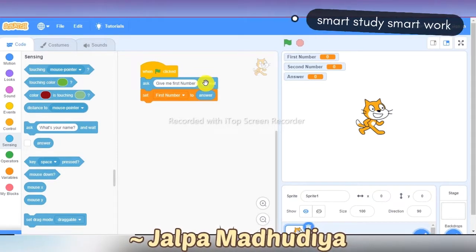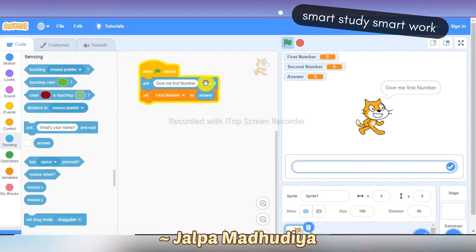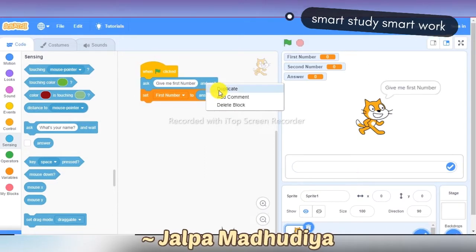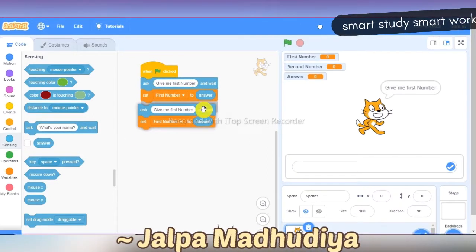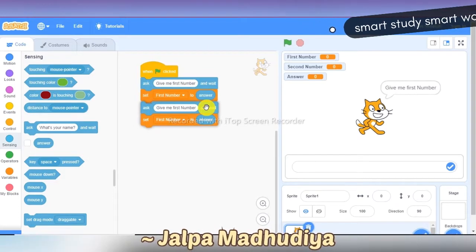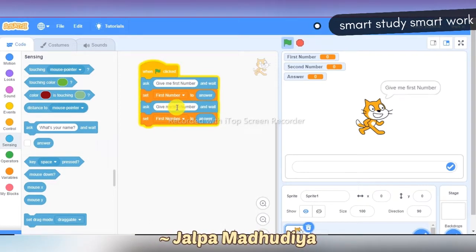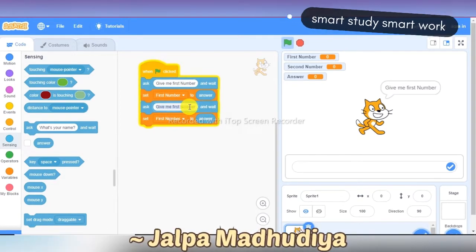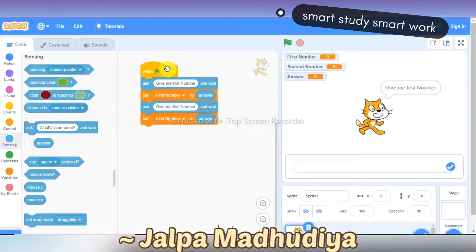Now duplicate this code and put it beneath the set block, and now I will take second number.